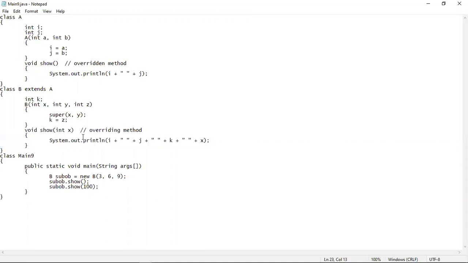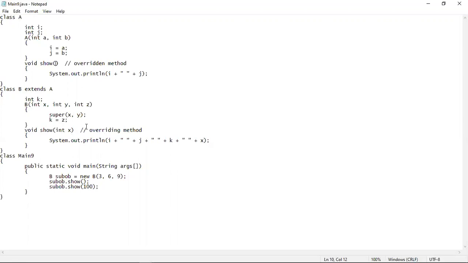But inside the subclass method, I have added one integer parameter, but here I have not given any parameter. So that means the type signatures are not the same now. The type signatures have become different, although the names of both the methods are still the same.